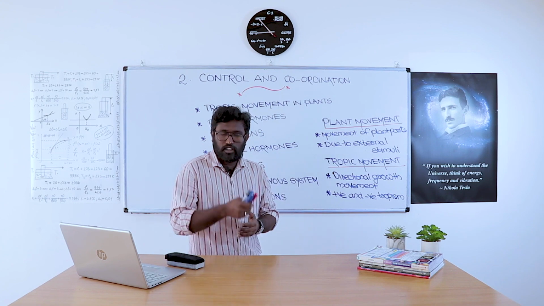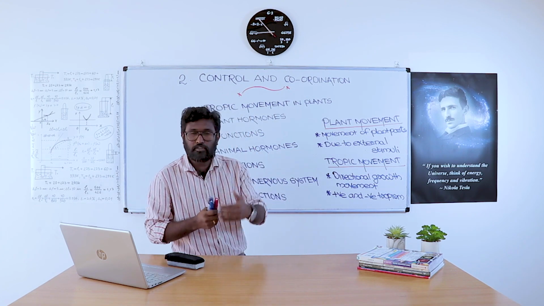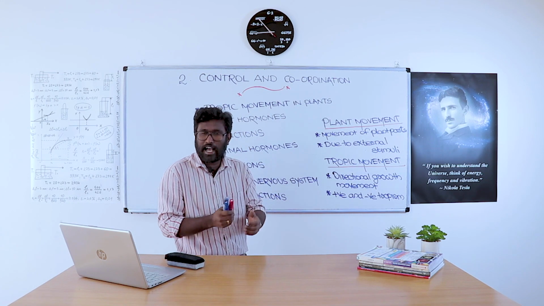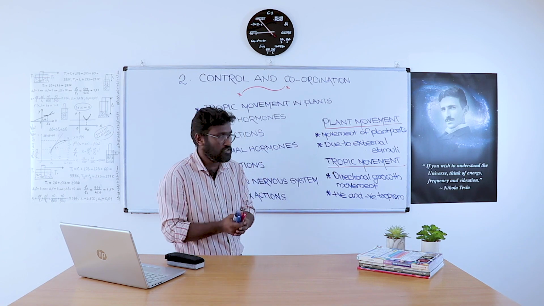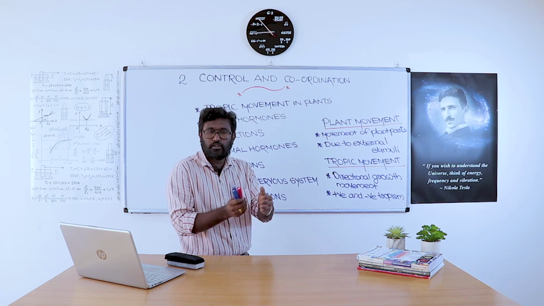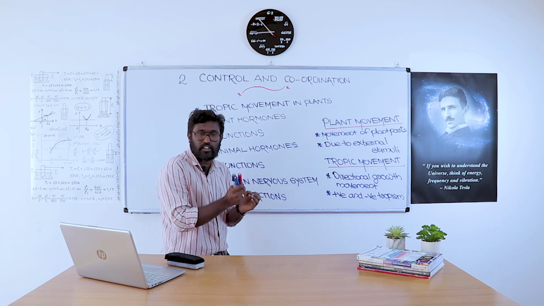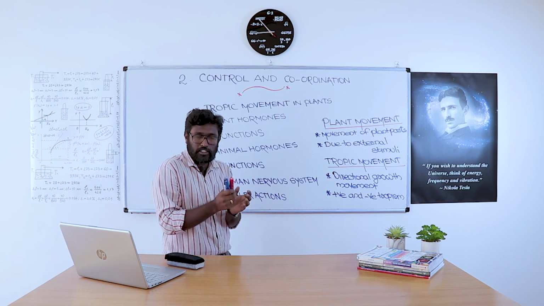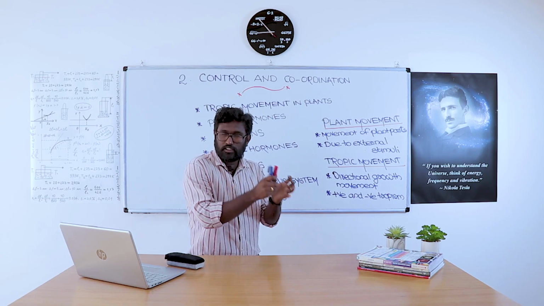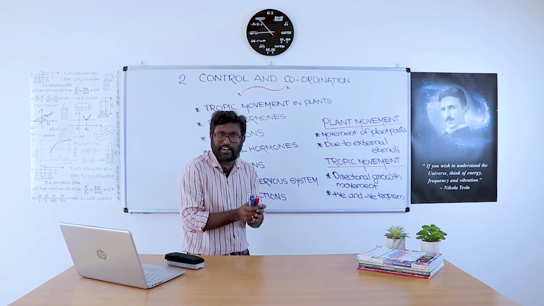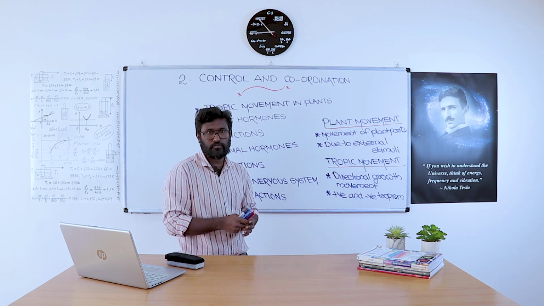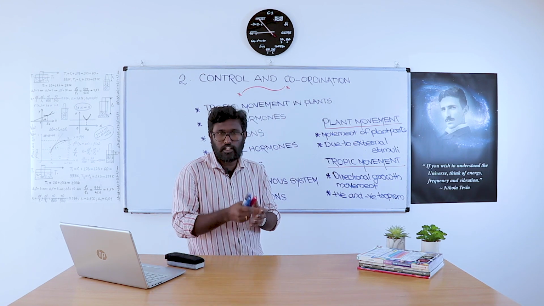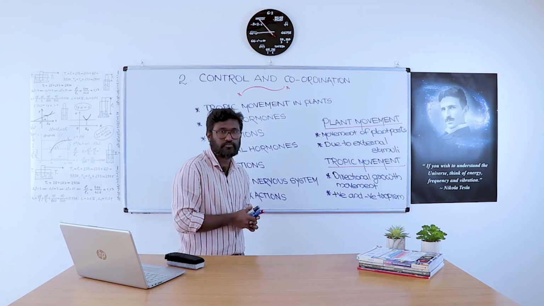So plants react to the changes that occur in the universe. Animals also react to the changes that occur in the universe. Every organism in the universe responds and reacts to the changes that occur. But the thing is that plants and animals react and respond in a different way. There will be a lot of difference in that reaction if we compare plants and animals.